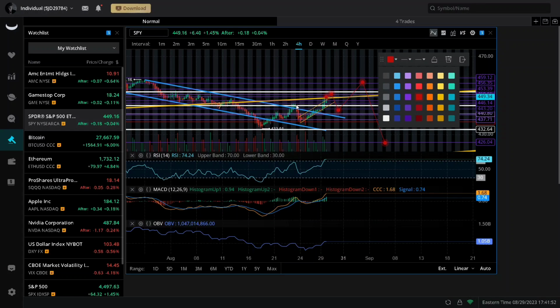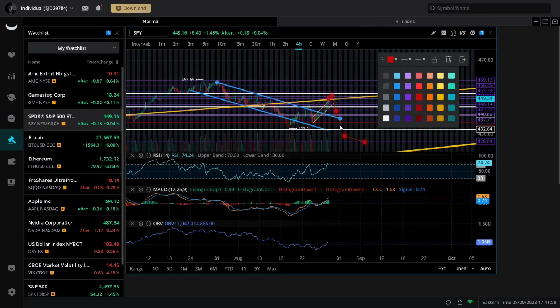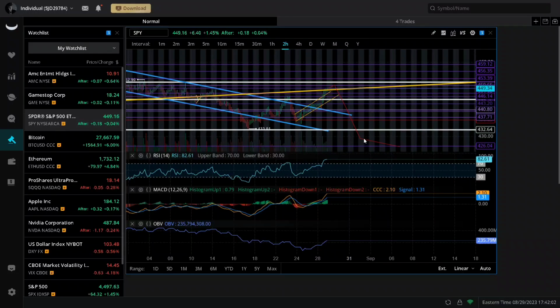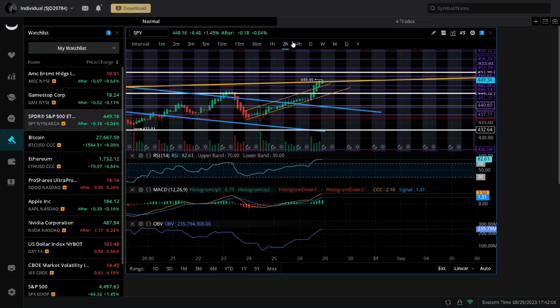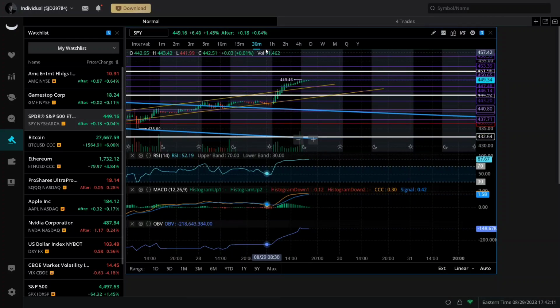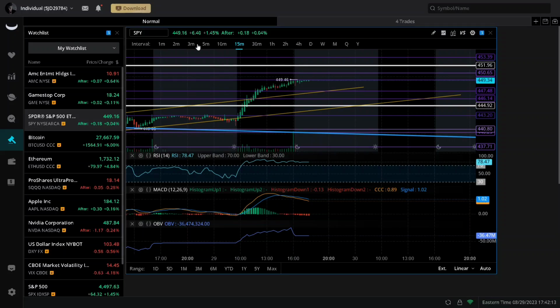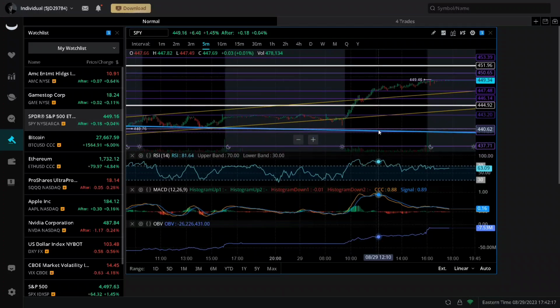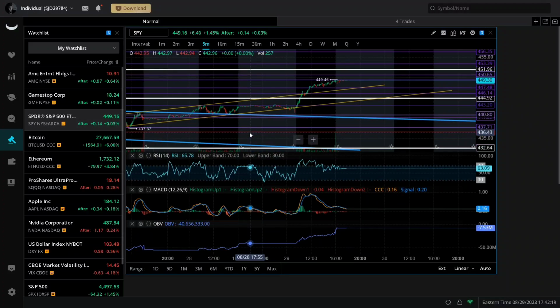Or we could see an overall capitulation to the downside much sooner, especially if the bottom falls out on SPY and we start to see this thing get crazy. You could see it pull back to the downside quickly. Again, RSI is extremely overbought on every single metric. Also, if you look at SPY, there is a gap fill down here to the downside. If you look on the smaller time frames, you will see a gap fill to the downside here at about 440. At about 440, there is a gap fill as well.